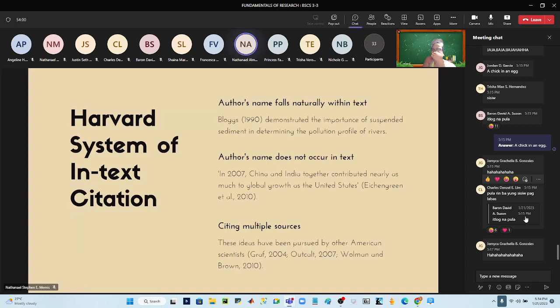Pag naman yung author's name ay hindi nag-appear sa text, does not occur in the text, so makikita na ito naman pala ginagamit pag may multiple, more than 3 authors. Yeah. Opo, ginagamit ang et al. Tapos cited,